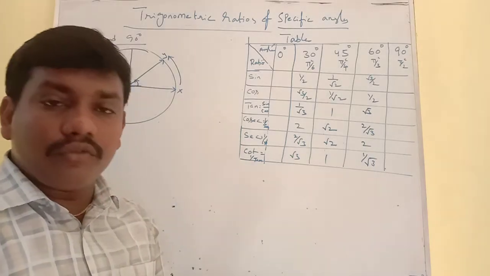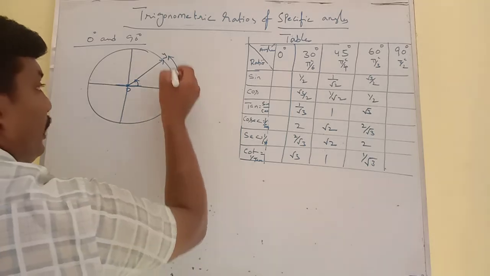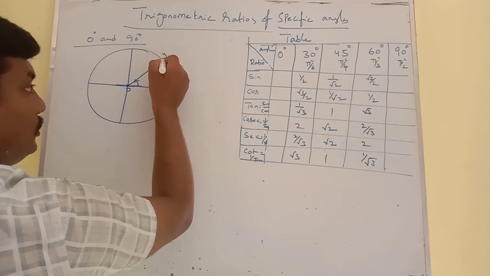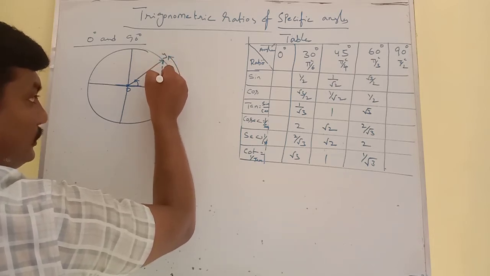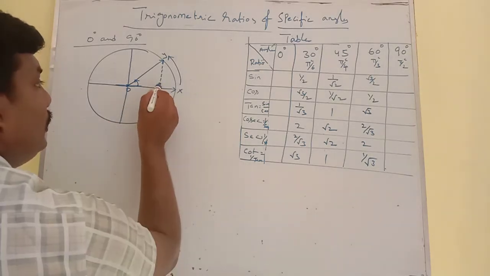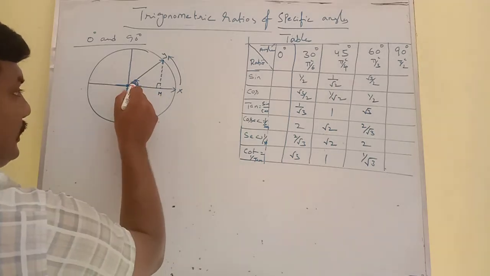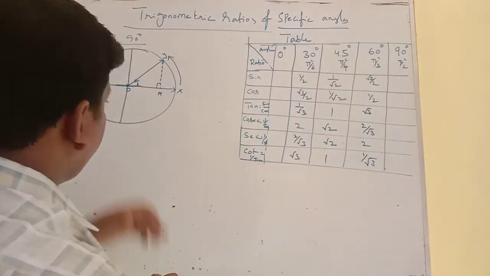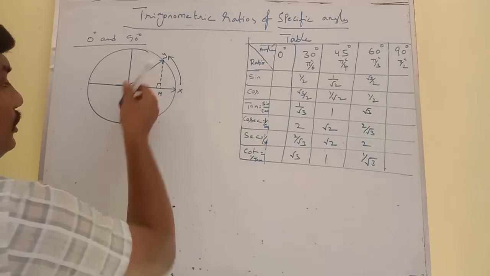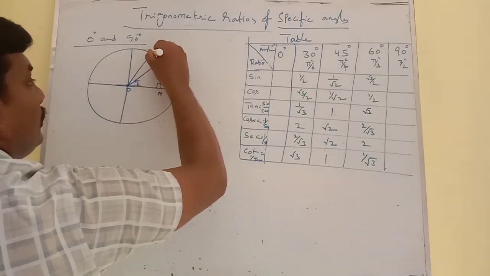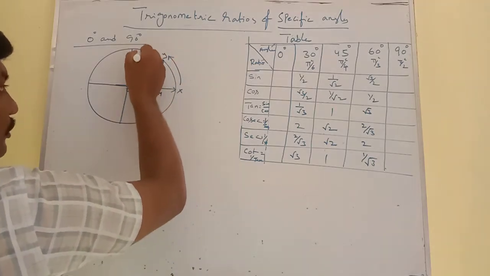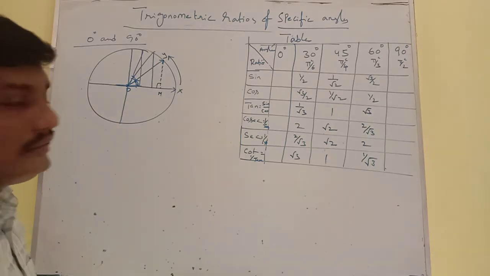If you want to find the angle, wherever the rotating ray finally meets the circle, from there we need to draw a perpendicular. This is called the normal. It makes 90 degrees. Now the observation angle is like this. The observation angle depends on the rotation of the ray. If the ray reaches this point, then the observation angle increases. If the ray is approaching the y-axis, the observation angle will increase.